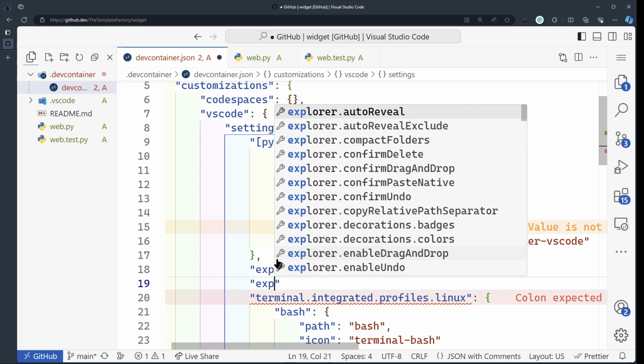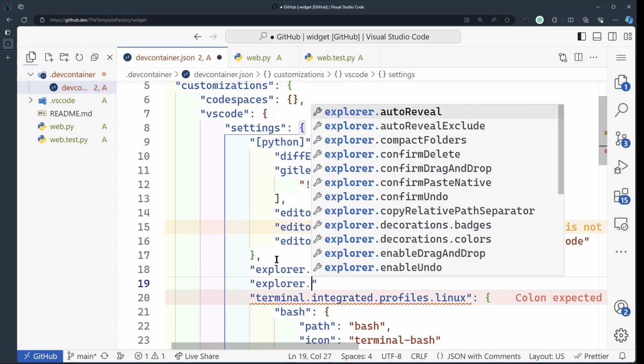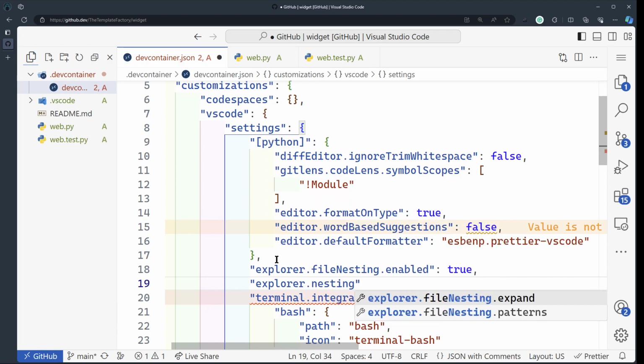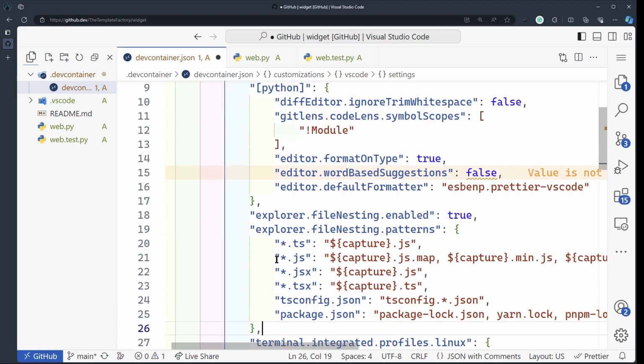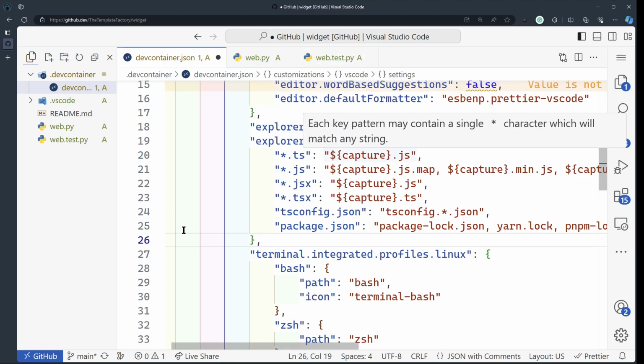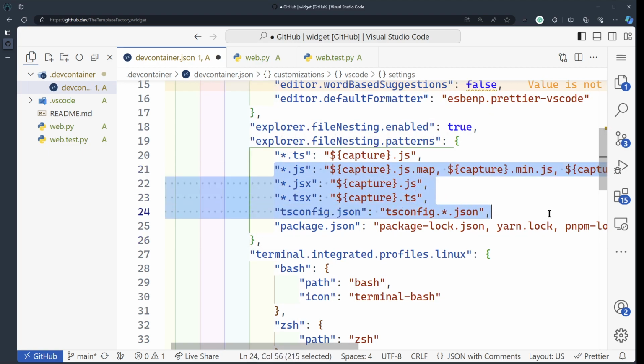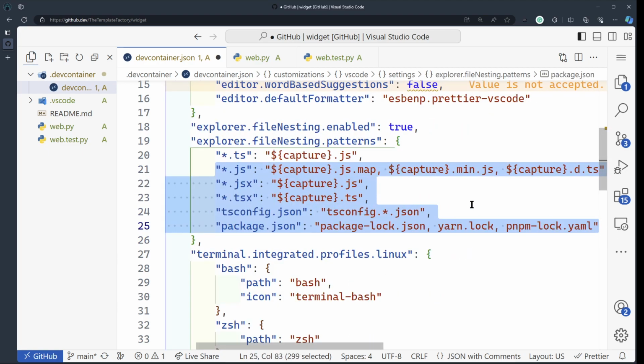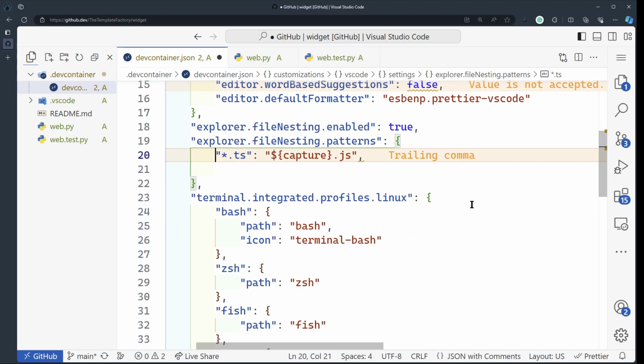So if I just go nesting, I go patterns. Now, these have all just come straight in, but you can see I haven't actually got a Python one here. Just to demonstrate the power of these, let's say I put this as py,